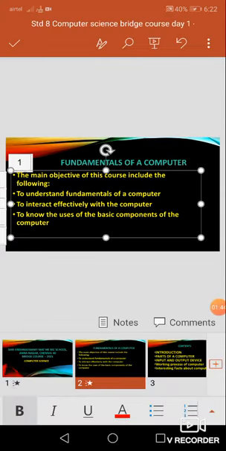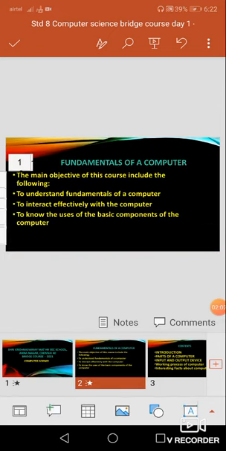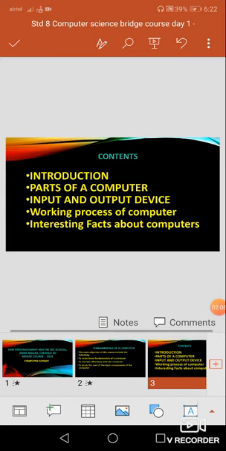Okay, now I have given the animation effects for both slides, the first slide and the second slide. You can see animation has been set, which means you can see the difference at the bottom, that star symbol. On the first slide you can see the star symbol and on the second slide also you can see the star symbol, and on the third one you can see there are no animations that have been set so far. Okay, so in this way you can know whether animation has been set to our slide or not.